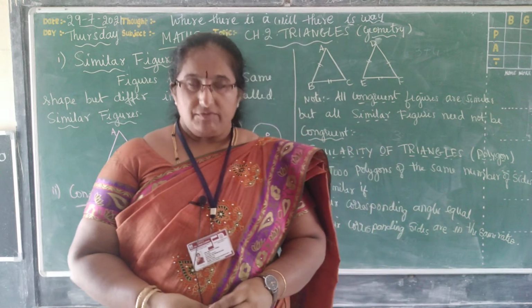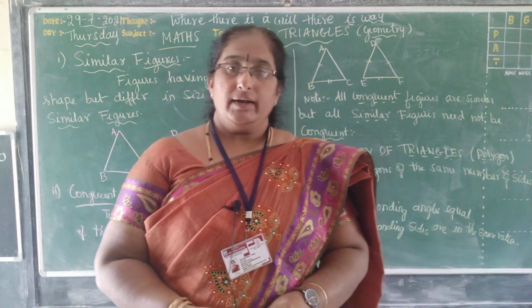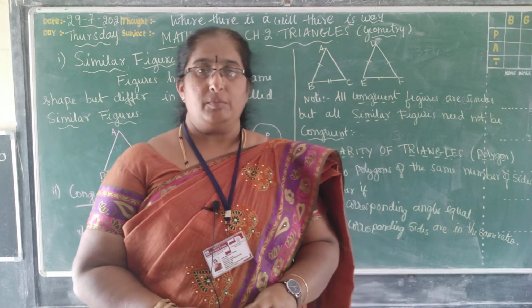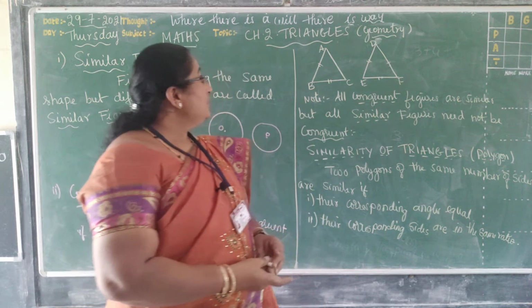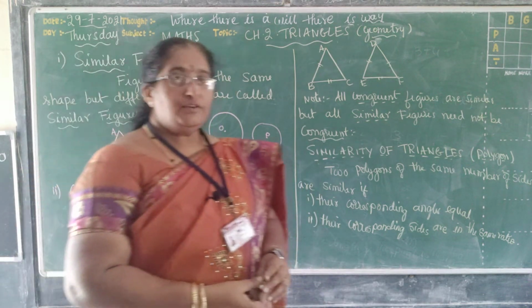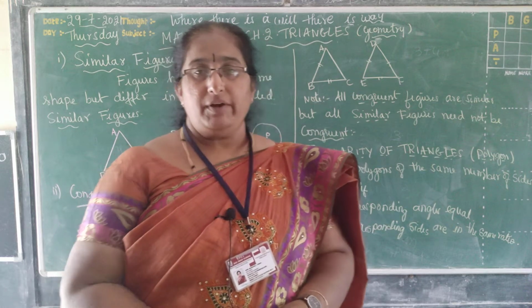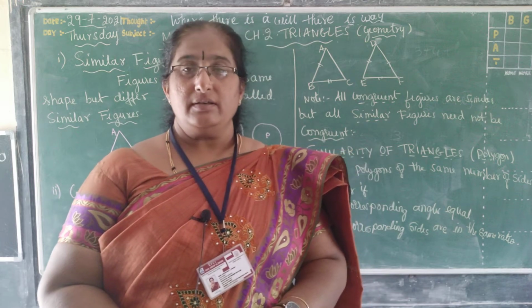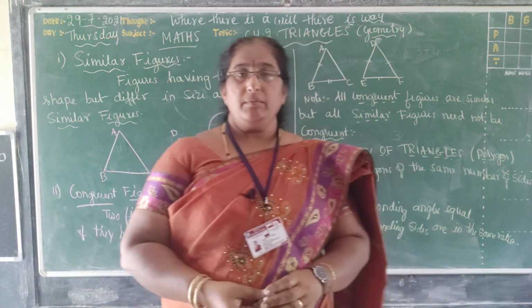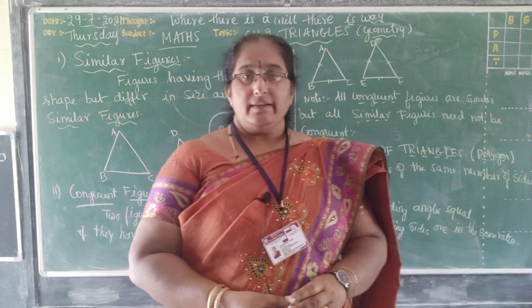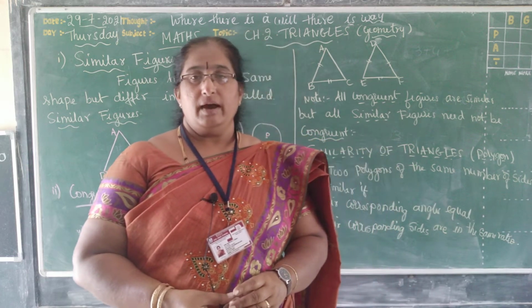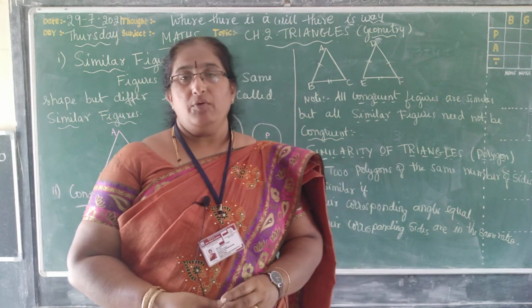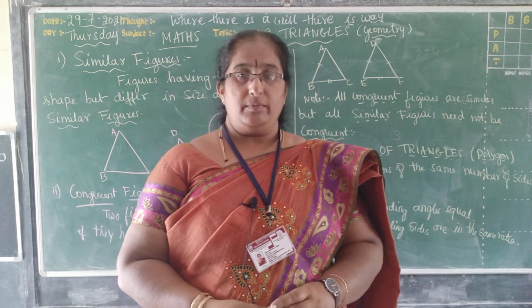We have already completed the first chapter, arithmetic progression. Okay, let us move to the second chapter in geometry, that is triangles. In this chapter we are going to learn about the similarity of triangles. We have different criteria to prove the similarity of triangles, and theorems like the BPT theorem, the basic proportionality theorem, which is also called Thales theorem. We have the theorem on area of similar triangles, and a very important one, the Pythagoras theorem.